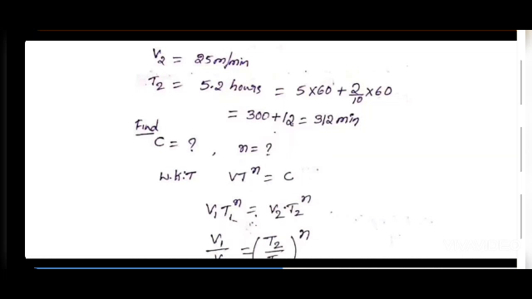As you know, Vt to the power of n is equal to constant, the Taylor tool life equation. For working on the same workpiece material with the same tool, you can rewrite this expression. When two conditions are given, you can rewrite this as V1 T1 to the power of n is equal to V2 T2 to the power of n. Here we are interested in finding the n value because we know V1, T1 and V2, T2, the cutting speed and tool life in both conditions. In two cases you know them, and you are trying to find the n value.